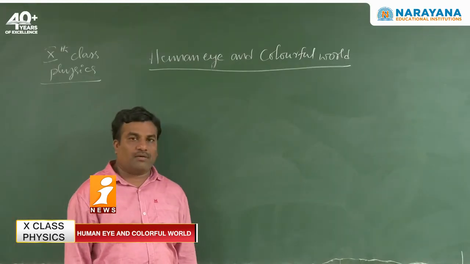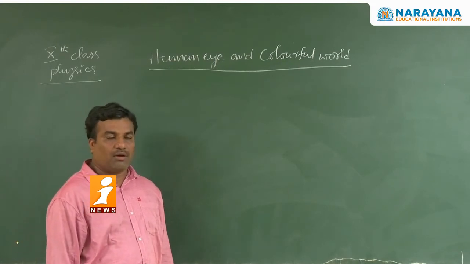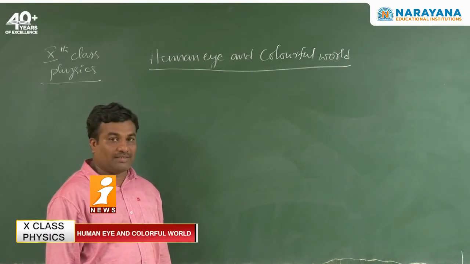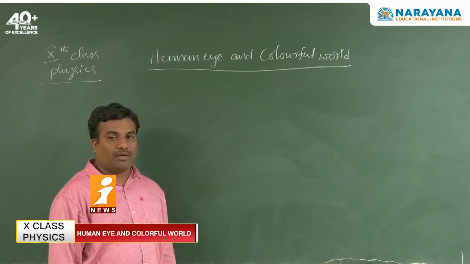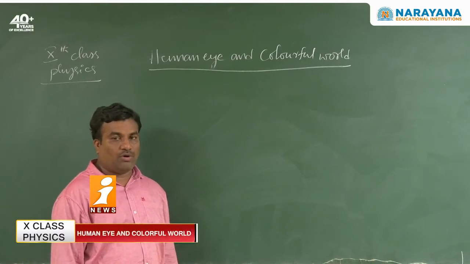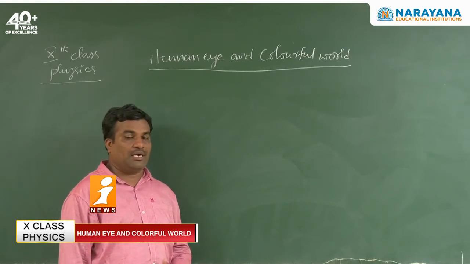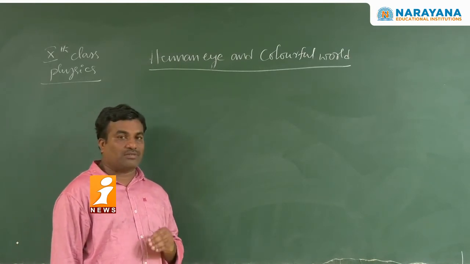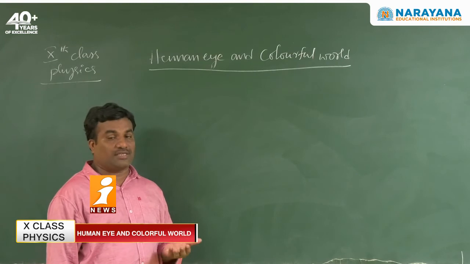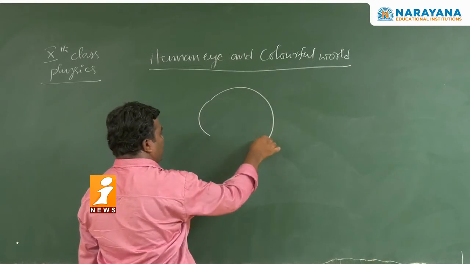So we get the maximum and minimum focal length, based on which we get the formation of images on the retina. So how can you find the maximum and minimum focal length of the eye lens? What is the maximum and what is the minimum focal length? When the object is placed at a long distance, or we are focused on long distance objects, the ciliary muscles are relaxed, so the eye lens focal length is maximum. That's why first of all I am taking the long distance object.